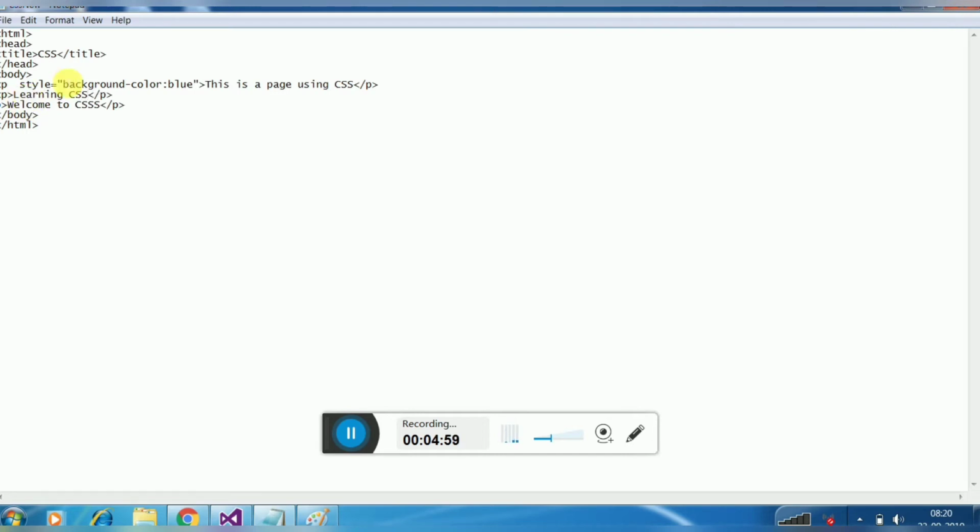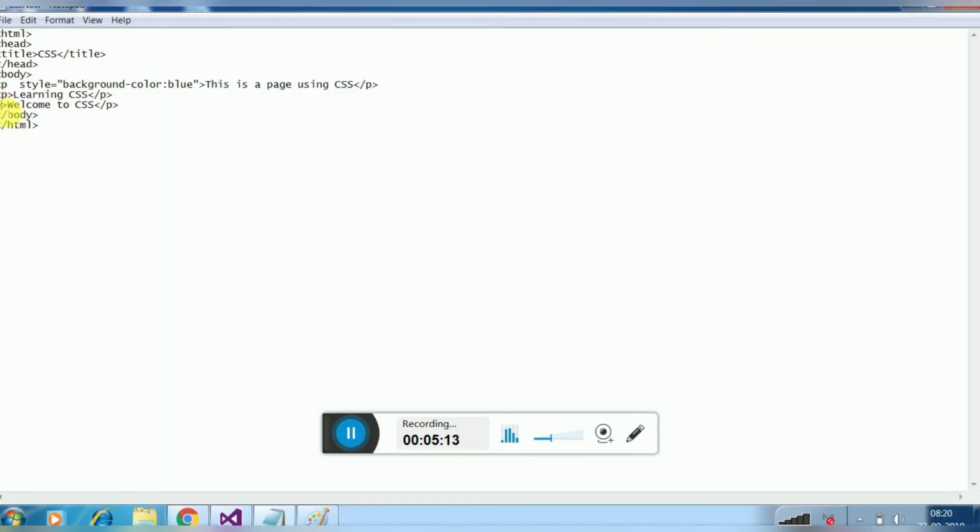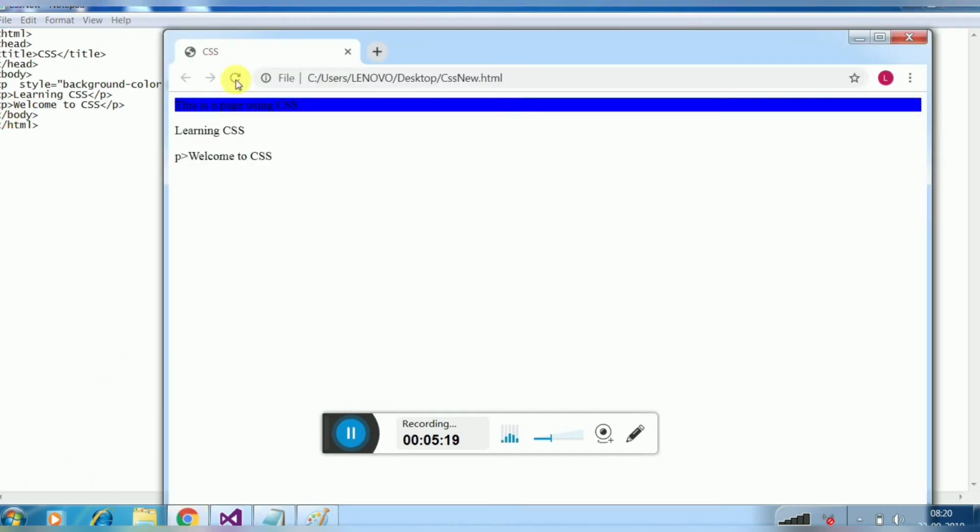When you save it, the file will be saved automatically. But I want to apply all the CSS at once. Now see, this is a step we have missed, a closing p tag. Now you can save it and see it.